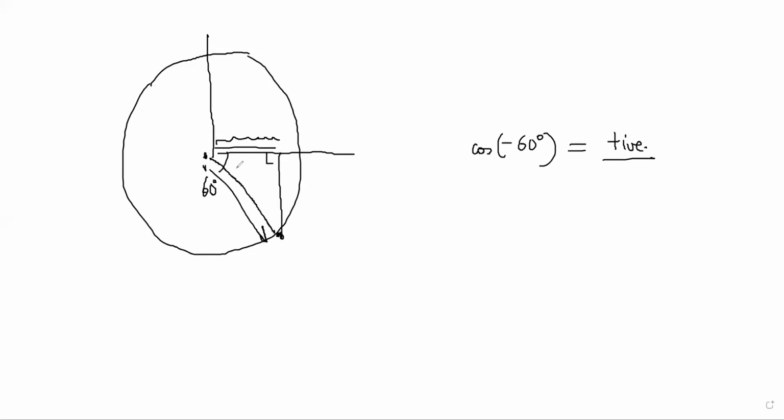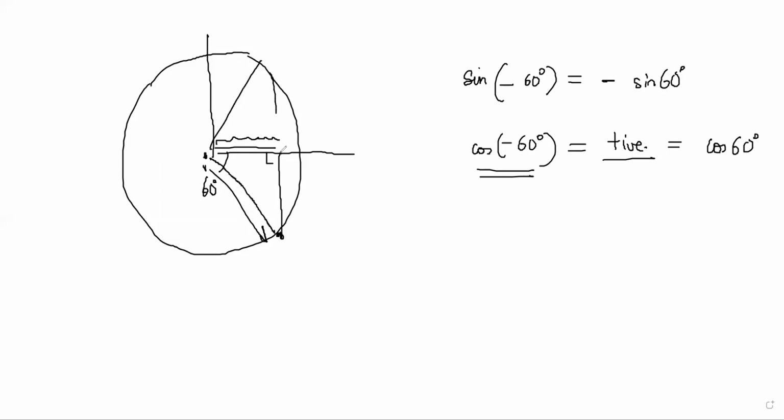This we have already discussed last class. Are you confused? Yeah, because the radius is positive, and this is positive. So cos minus 60 is positive. Sine minus 60 was negative because y is negative now. Sine minus 60 came out as minus sine 60. However, cos minus 60 will be simply cos 60.